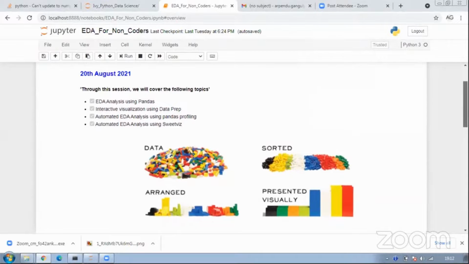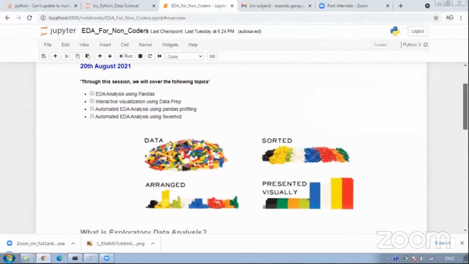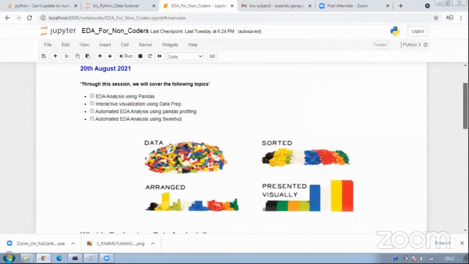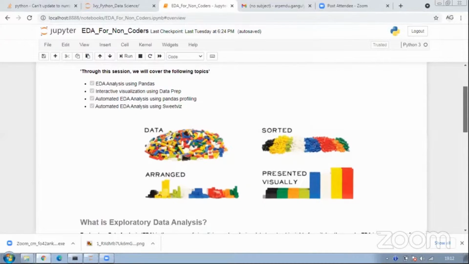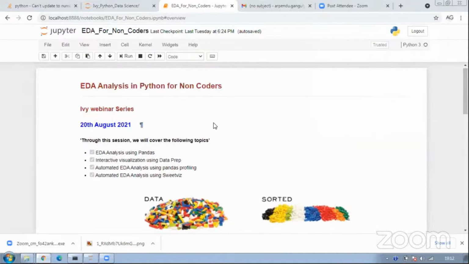The same code can work on different IDEs, like Spyder or PyCharm for Python. But as I said, Jupyter is a very good, comfortable space where you can have a lot of visualizations. No worries, I will be sending this notebook to you guys, or it will be posted with the link of this video. So you will have access to this notebook, and you can play with it.